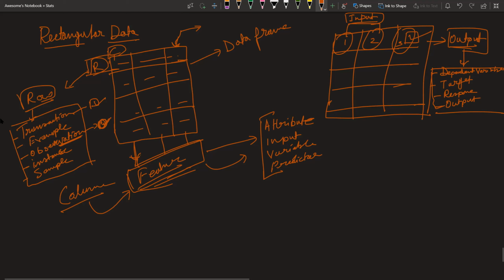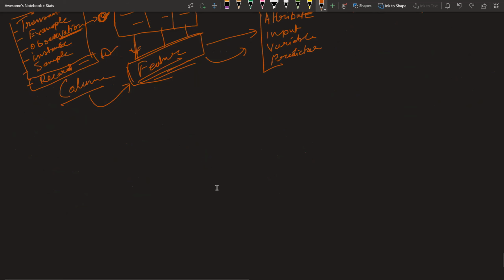Okay. Now heading further. See, I think I highlighted most, but one other name I missed, and that is also most frequent: record. Record. Very frequent name. These are very frequent names, guys. Record is also one of the frequent names. So these are the nicknames or aliases of row. If you have data in a row, this is how we call it. I hope this is clear, guys.